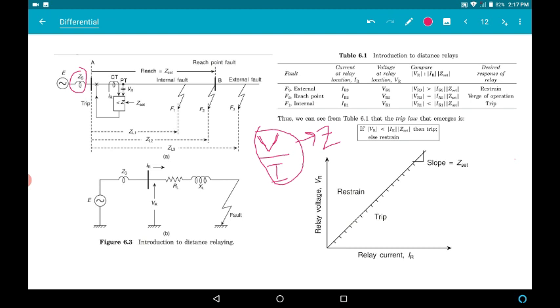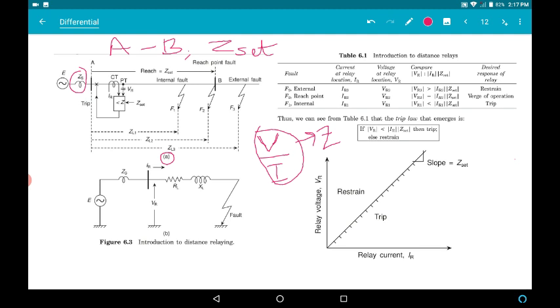So a simple example is shown here in figure A. Just focus on this figure A. Let us say that we again want to protect from point A to point B, and for the impedance in this range from point A to point B, we want to have some value. We will set that value and call it Z set. Z set is the impedance that we are setting. As long as your impedance is less than this Z set value, your relay should operate, and beyond this the relay should not operate.